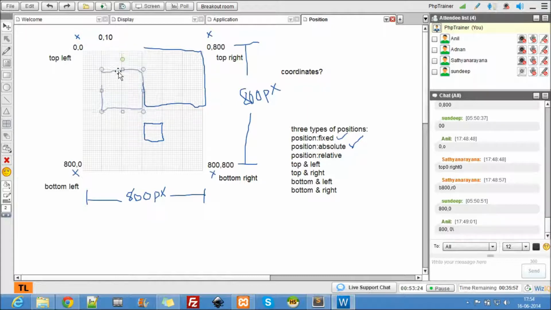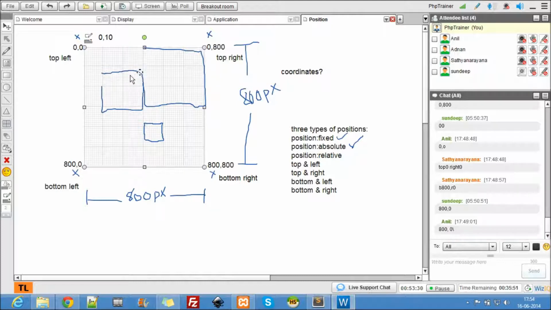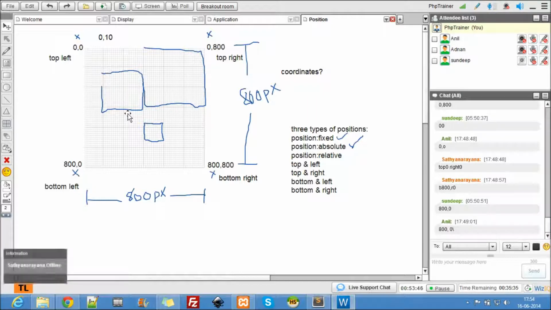I want to move this 10 pixels to here. So this is relative to its current position. So moving with respect to its current position is relative, placing it absolutely at a location is absolute, and fixing it at a location is fixed.